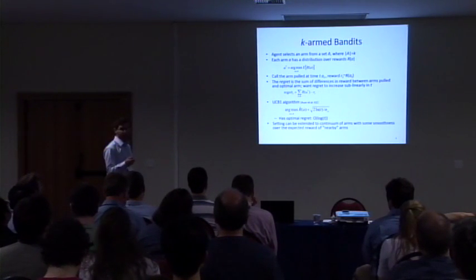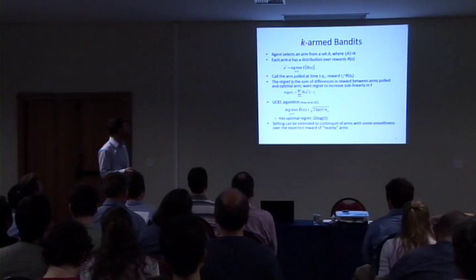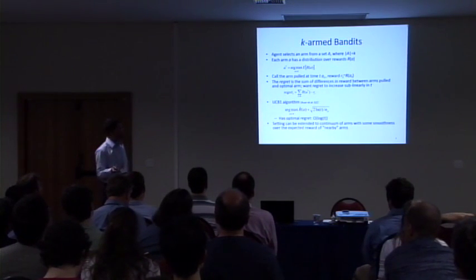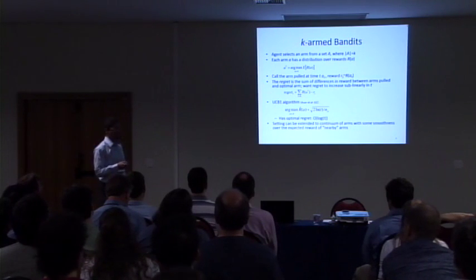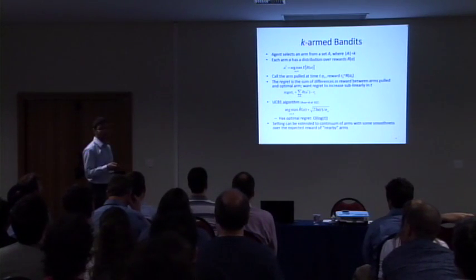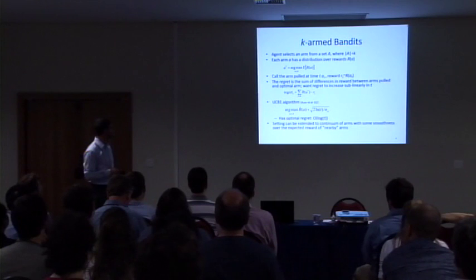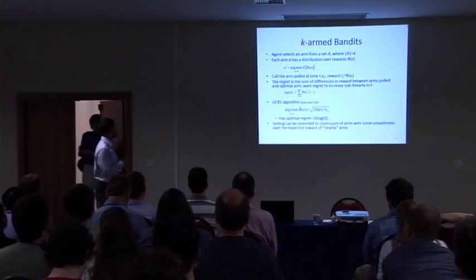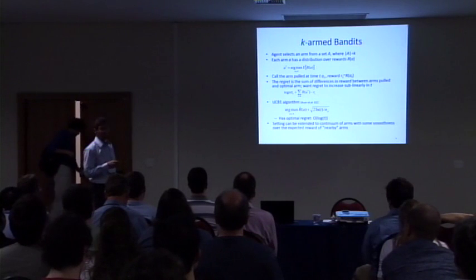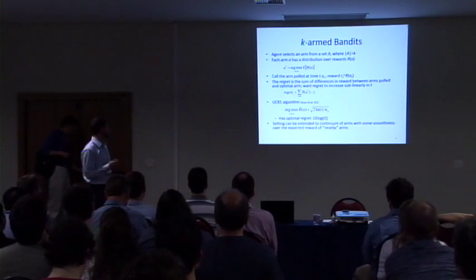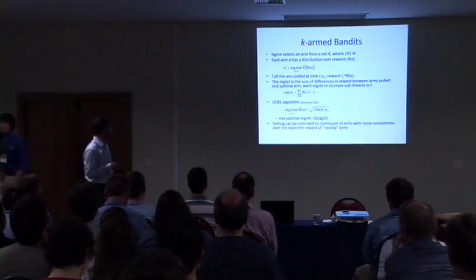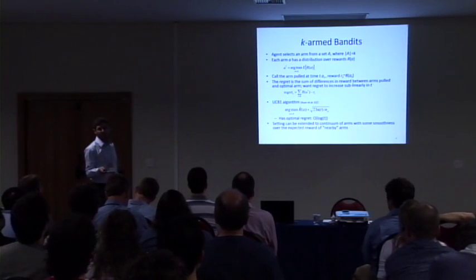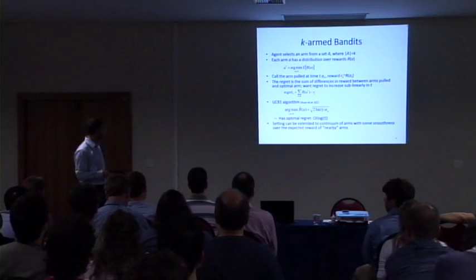Okay, so the simplest planning problem that exists, probably, is called the K-armed bandit. In this setting, the agent is presented with a small finite number of arms, and each arm has an associated distribution of rewards. What we're interested in is finding the optimal arm A star, which has the highest expected reward. The values we're interested in are the time t, the action taken at that time, and the reward that was achieved at that time as well.